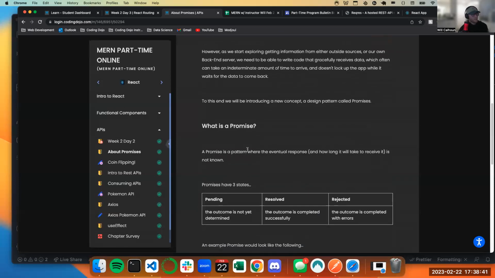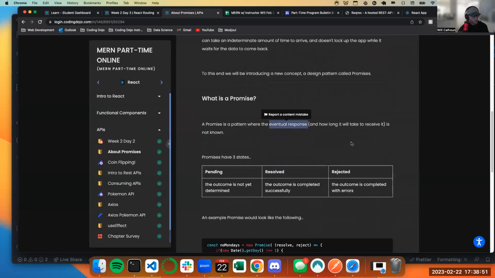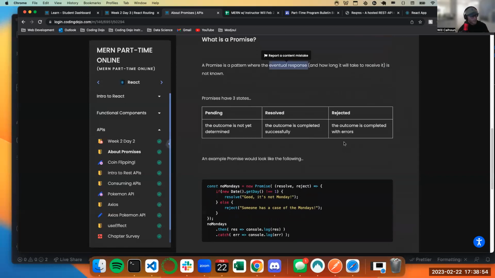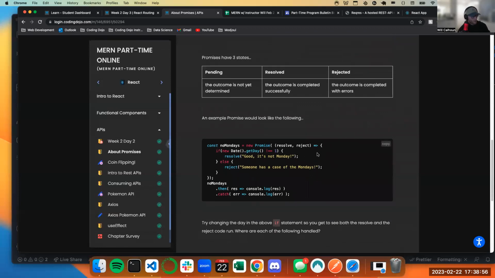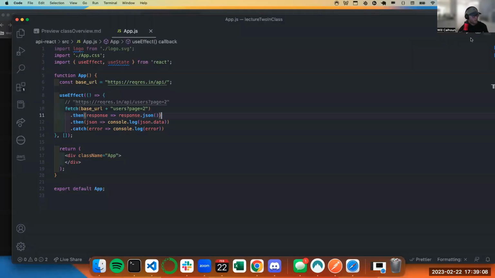And what is a promise? A promise is just a pattern where we make some sort of request, or we have a function, and then we'll get a response from it. So this idea of our fetch, the then and catch, is this idea of a promise right here. Fetch is my promise. I have a then, I have a catch. This is what allows my code, this guy right here, to run asynchronously. useEffect allows me to run this code immediately.